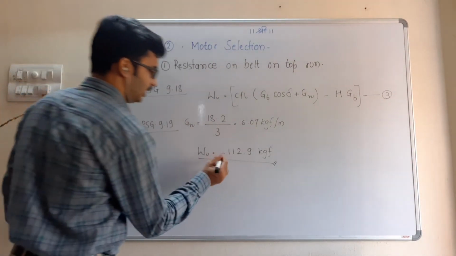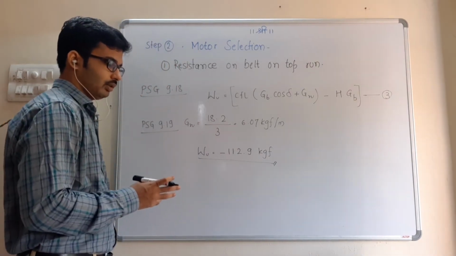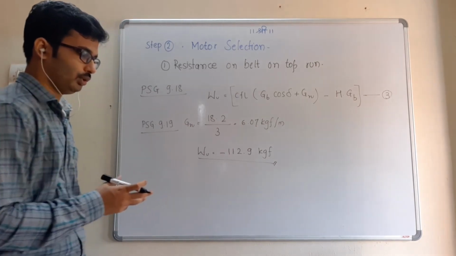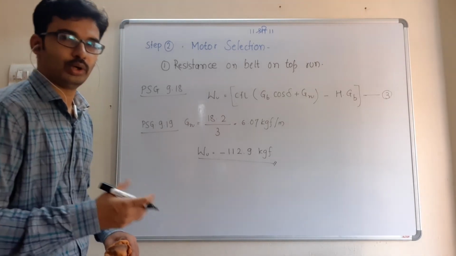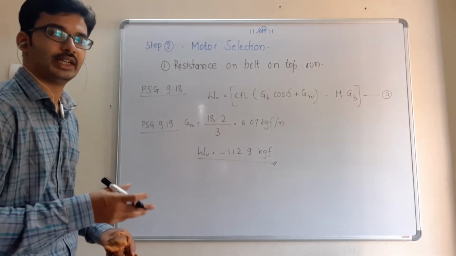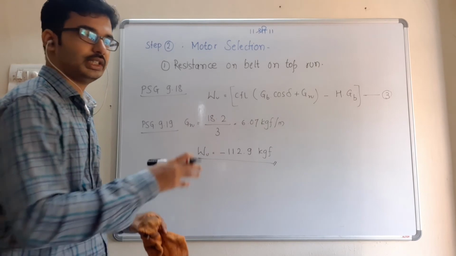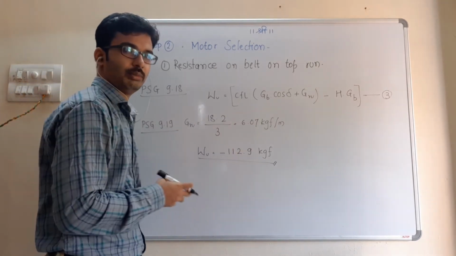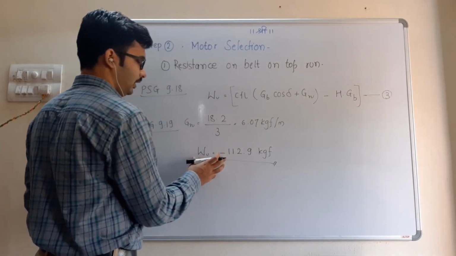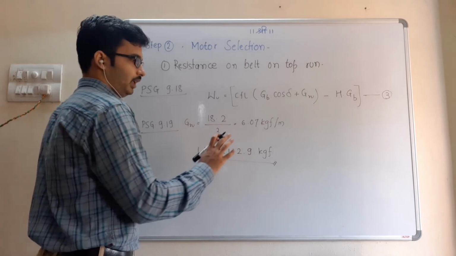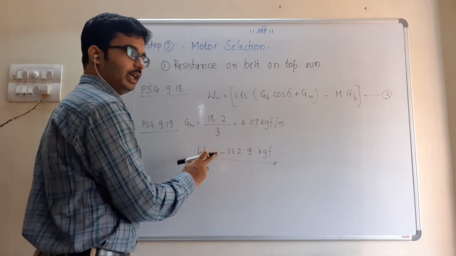So here the negative sign indicates that the belt on the bottom run would move due to its own weight and no external load has to be applied to run the return idlers. So the weight of the belt on the bottom run itself will drive the bottom idlers, or return idlers. That is indicated by this negative sign. If any external load is to be applied here, then instead of a negative sign we will get a positive sign.